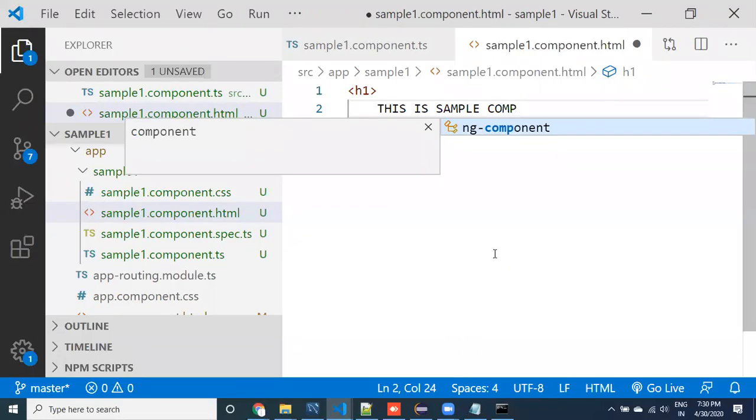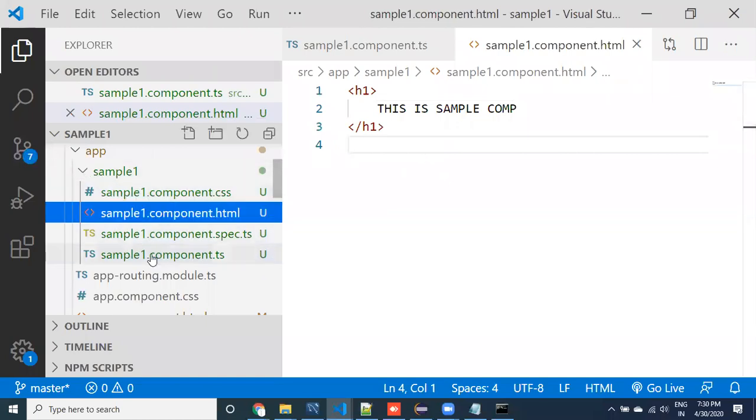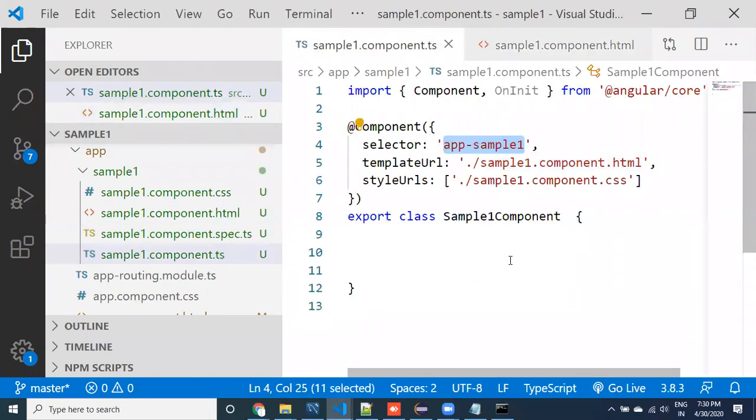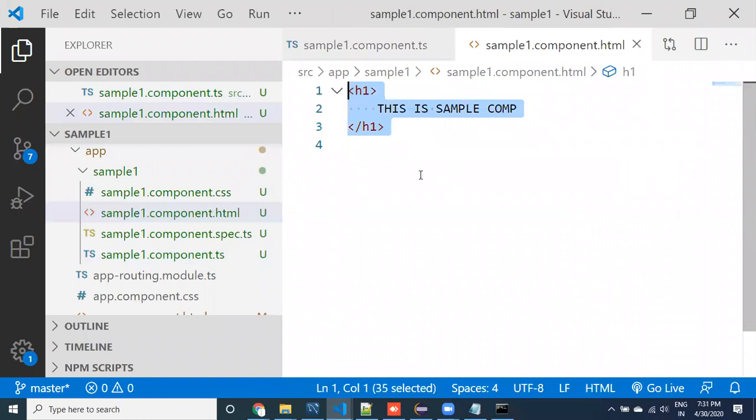Let's look at it, guys. If you observe carefully, I have created a component. That component contains the class, then HTML, CSS and then spec. And this component is provided with the selector and then HTML.